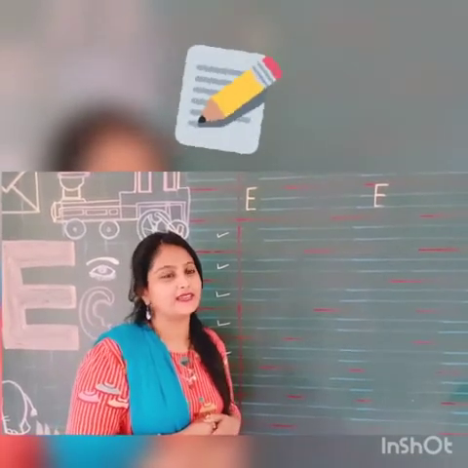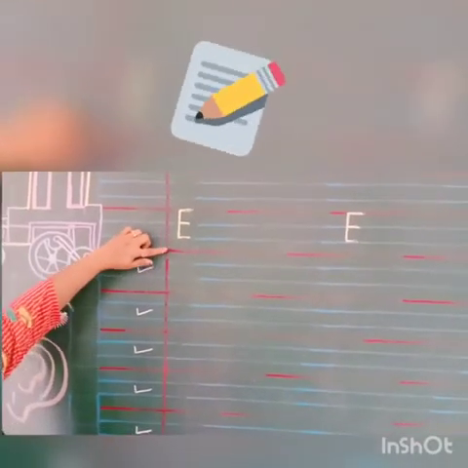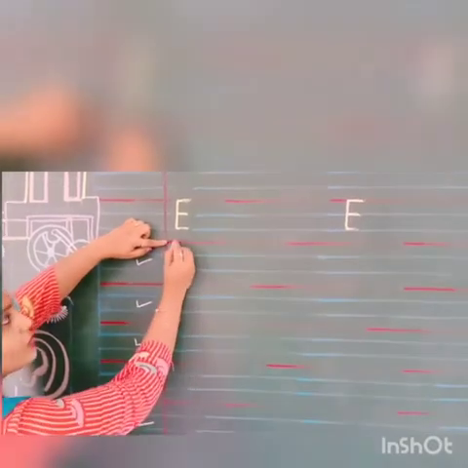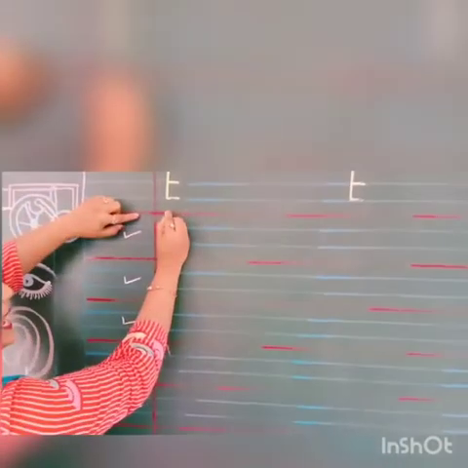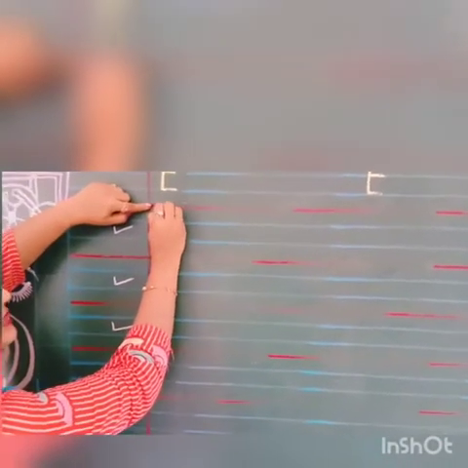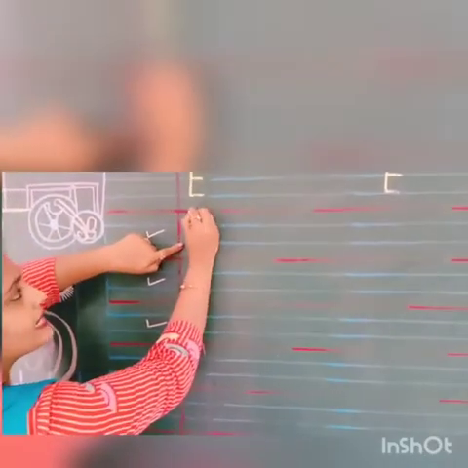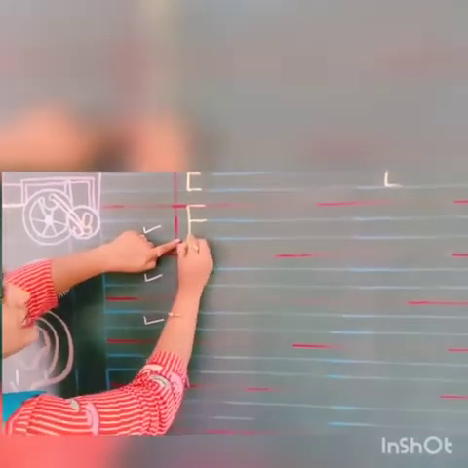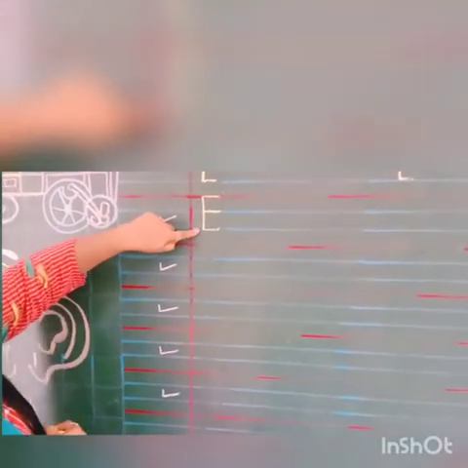So children, now I will show you how to write capital letter E. Which letter is it? This is our new letter and that is E. Now, how to write capital letter E? This is our red line, okay? You have to do 5 ticks over here in the margin and then touch the red line and do the standing line and touch the second blue line and slipping line on red line, slipping line on first blue line, slipping line on second blue line. You have to do 3 slipping lines, right?